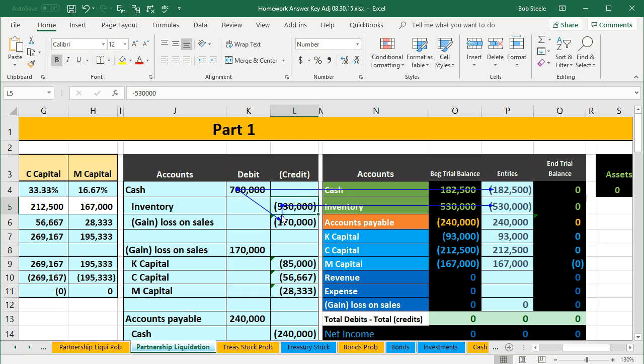That's really how we get a full understanding of not only the table concept in terms of the step-by-step processes, what do you do in step 1, step 2, step 3, but really to visualize what's going to happen from a journal entry standpoint and what those journal entries do to the accounts.